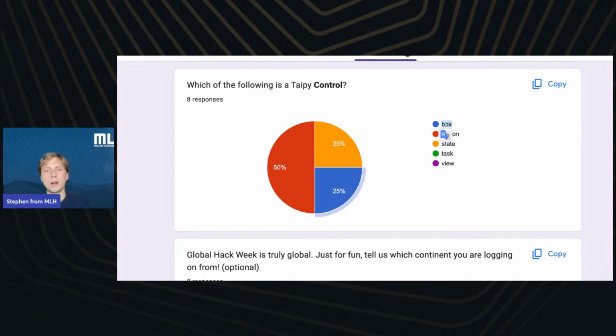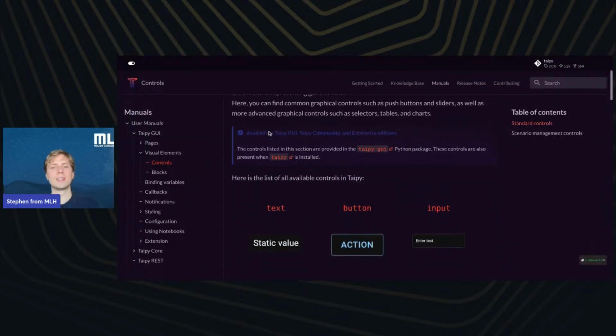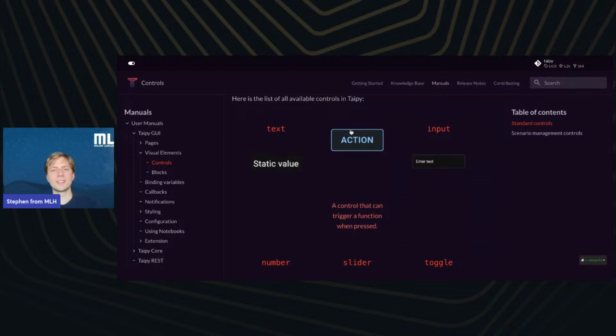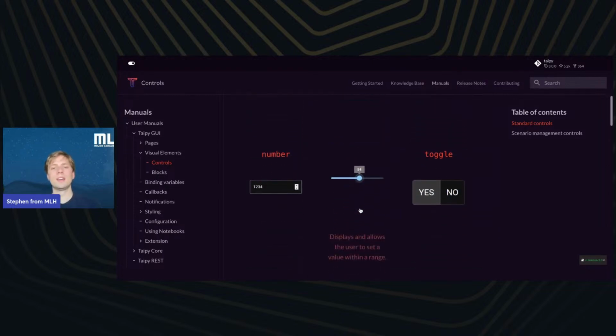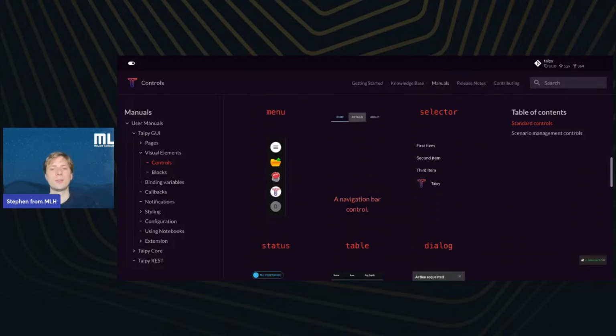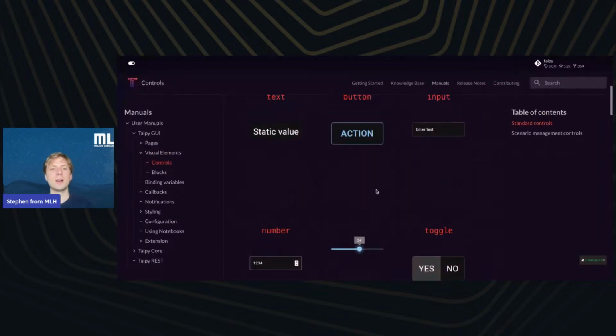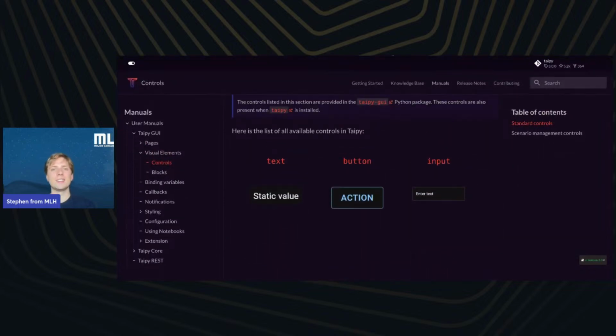Oh, I'm sorry, actually I think box is not correct. Let's check that one more time in our controls in Taipy. It was button. A button is a control that can trigger a function when pressed. But I don't see a view or a task or a box here, unfortunately. So it's going to have to be button, and the other choices would not be.